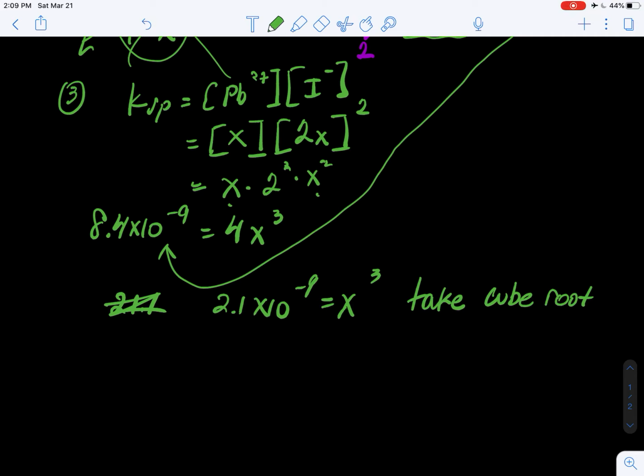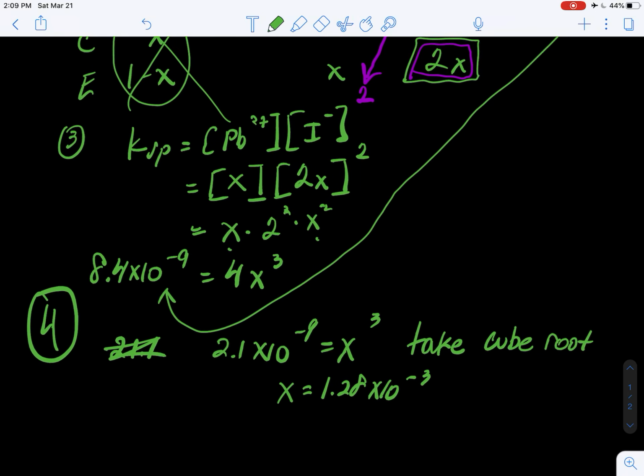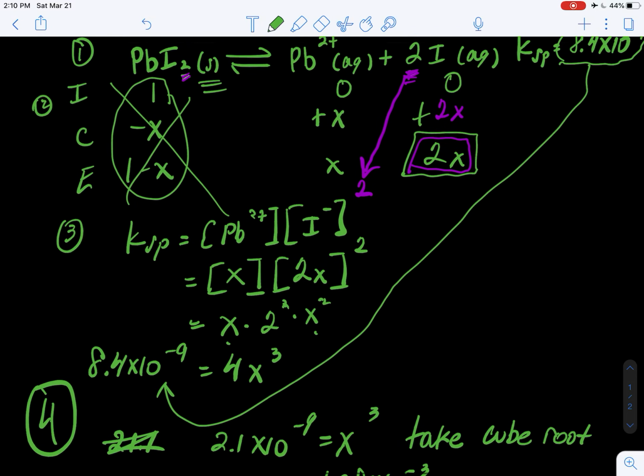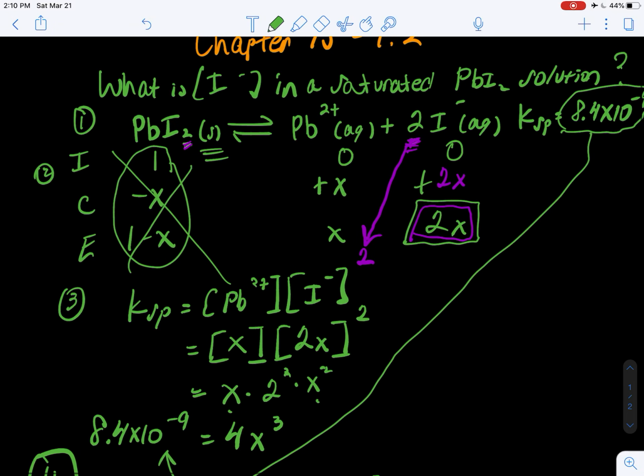the cube root. So on my calculator, I have a cube root button, so I'm going to go ahead and do that. And what I get is x is equal to 1.28 times 10 to the minus 3. Okay, so this is step 4, finding out what x is. Now, x is just a variable, right? So when we come back to this table here,